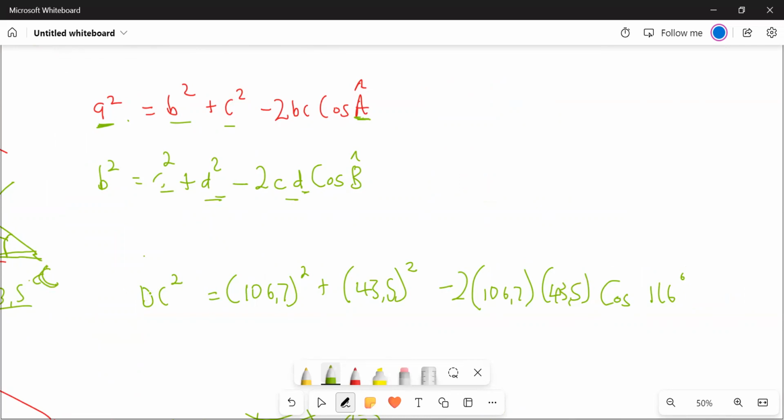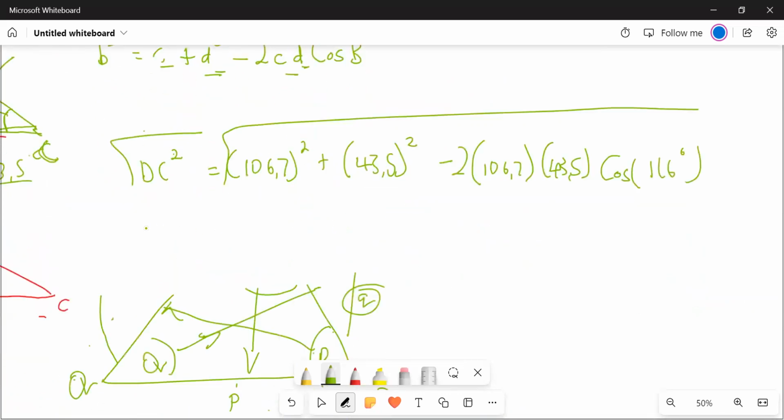Okay, now we want to remove this squared here. If we want to remove it, we need to put it inside the bracket. So we want to remove the squared here. How do you remove the squared? We're going to square root both sides. If you square root both sides, DC is going to be given as the root. It has a plus and a minus, but since we're talking about the length here, you don't have to talk about the minus. It's a length of something. So we're going to have